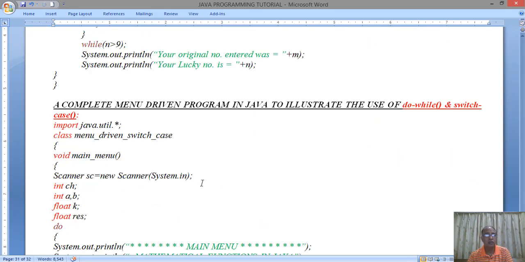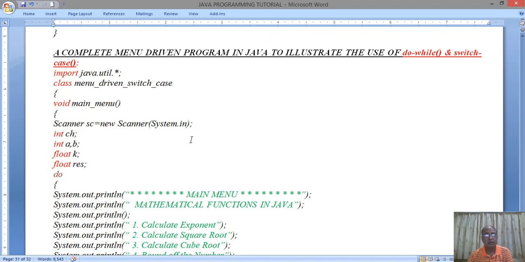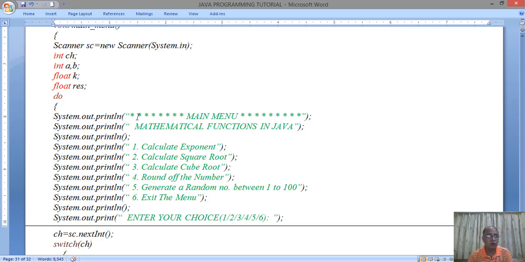Now we will use a do while in the menu driven program which we had done earlier in the previous session of my video. That main menu program which you see here was performed only once, and again we had to run the program. But if we use do while and contain the whole program inside the do while loop, this particular program performs as many times as you want.